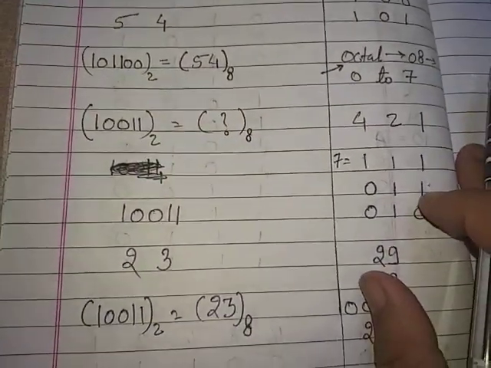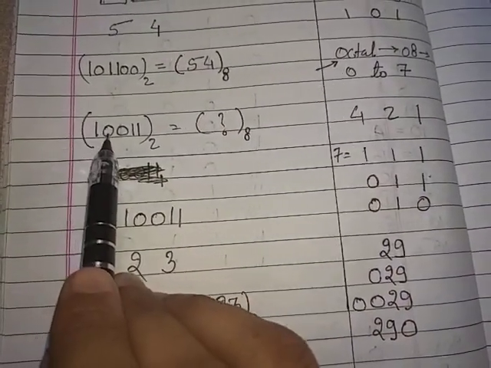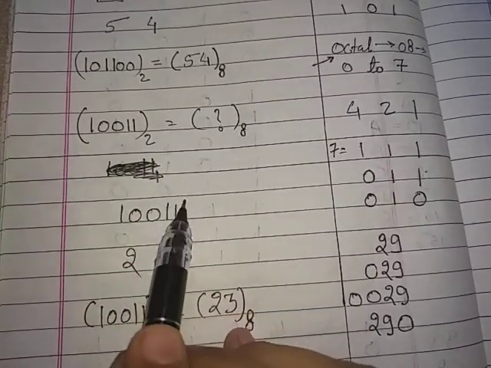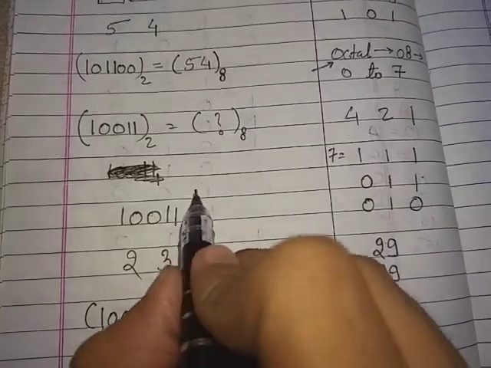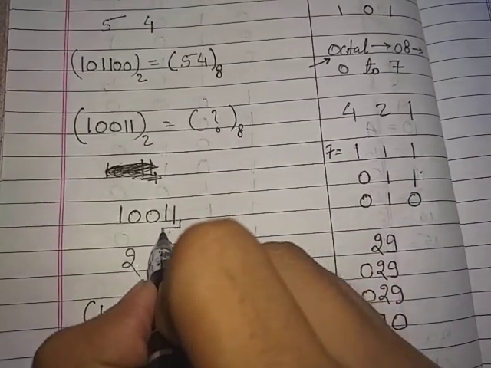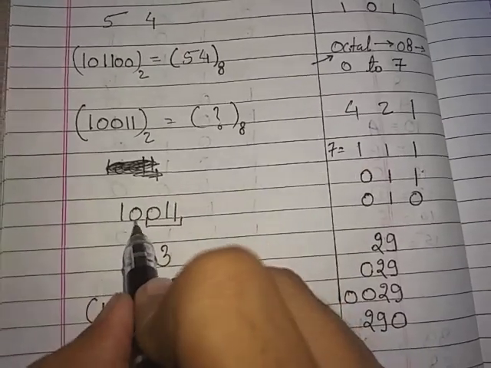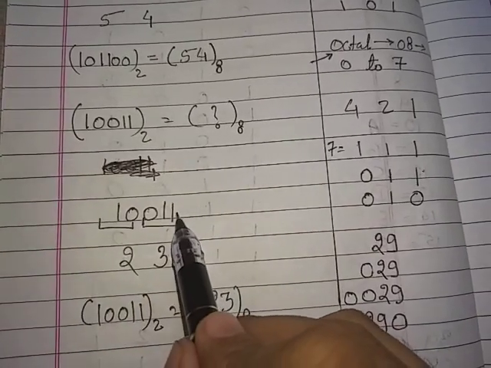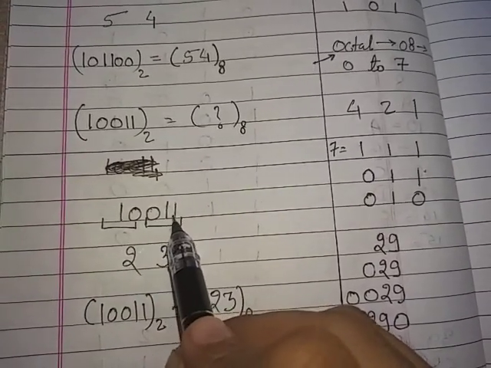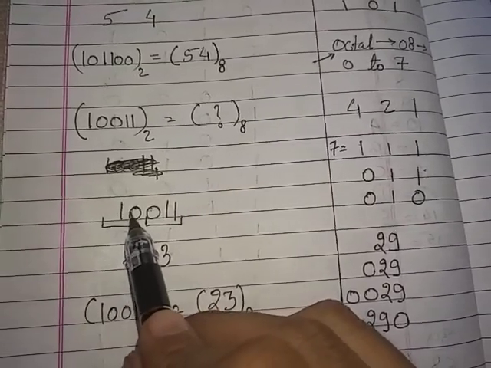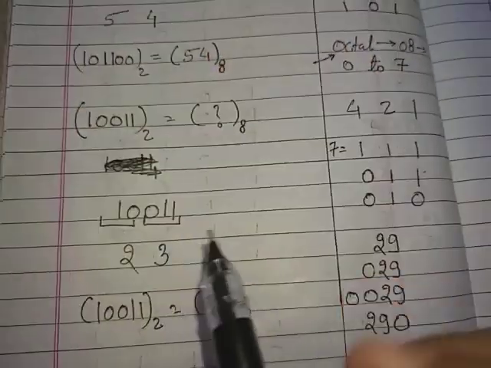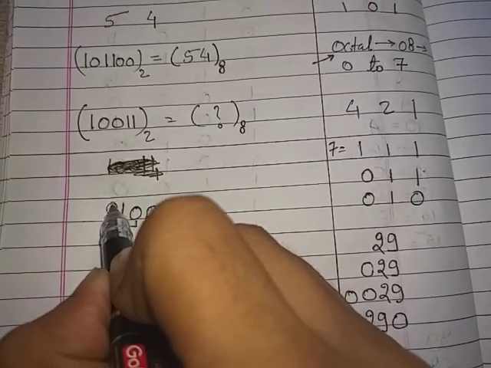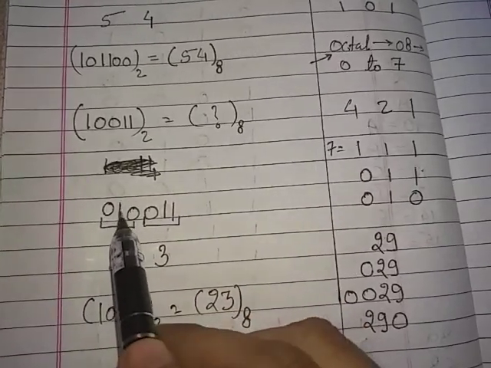Now let's see one more example. If I want to convert 10011 radix 2 into radix 8, what I will do is make groups of 3 bits from the right hand side. So here I go, one group, second group. Now in the first group I have 3 bits, but in the second group I have only 2 bits. Now I will add a 0 ahead of this, so it will become the 3-bit 010.